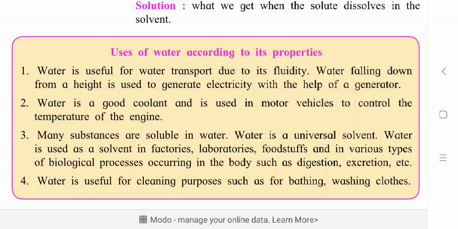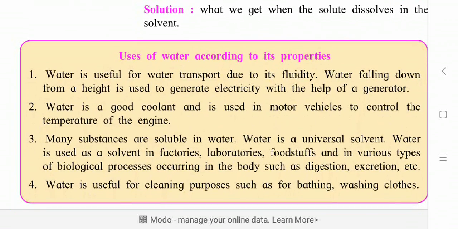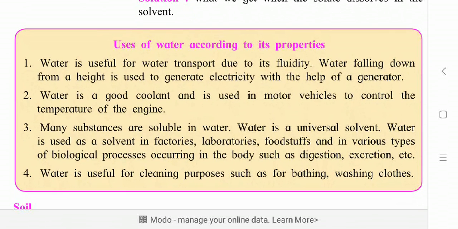More uses of water you please mention in homework. Today's short notes, student: this color writing, uses of water according to its property. You write these 1, 2, 3, 4 points as they are, and add a maximum of 6 more points where we are using water. You well know uses of water, so you can also rewrite them in a sentence. I hope you understand today's part.